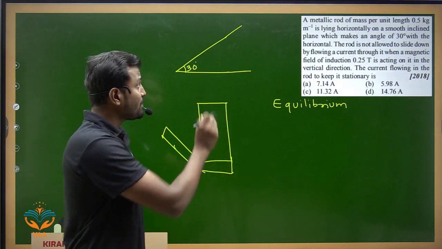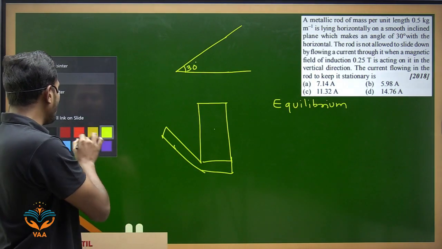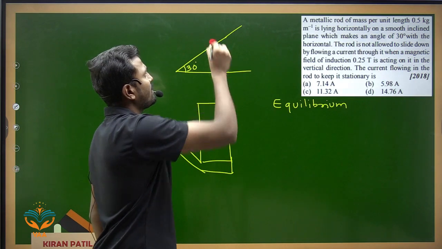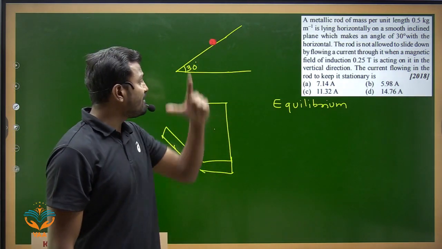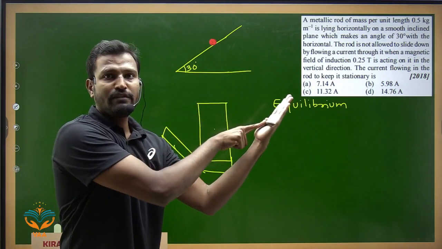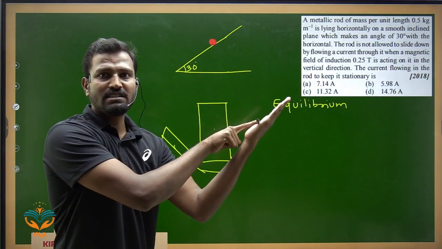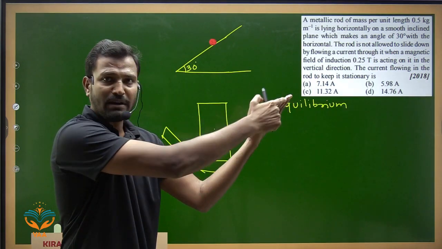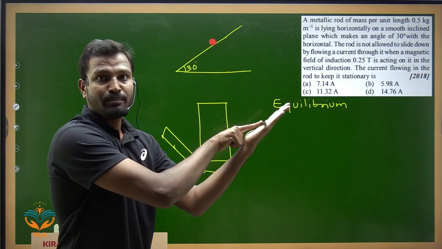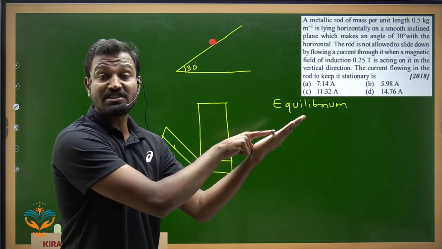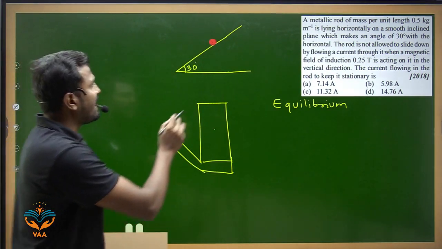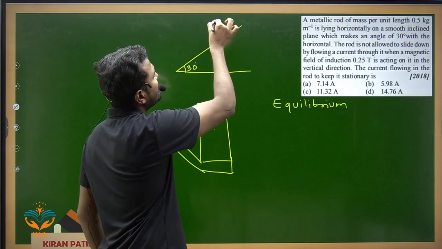If you look from the front, what will you see of the rod? You will be only observing the side view of rod. Fine. Only you are able to observe the side view of that particular rod. Fine. That means the rod is placed in this particular way. If you observe, this is the plane. Plane is like this. Inclined plane. This is the inclined plane which is making 30 degree with the horizontal. Fine. The rod is placed like this. If you observe, the rod is placed like this. It is carrying current and they have given a magnetic field which is vertical. They have told us that there is a magnetic field acting vertically upwards.